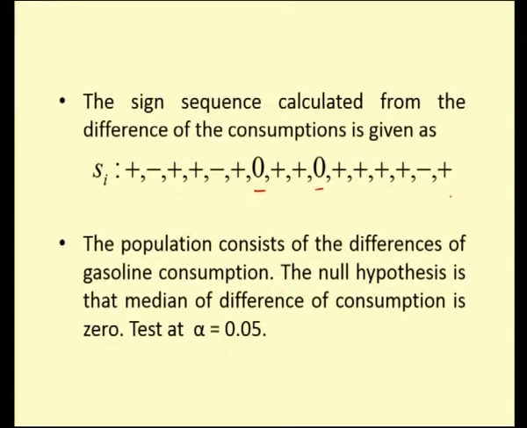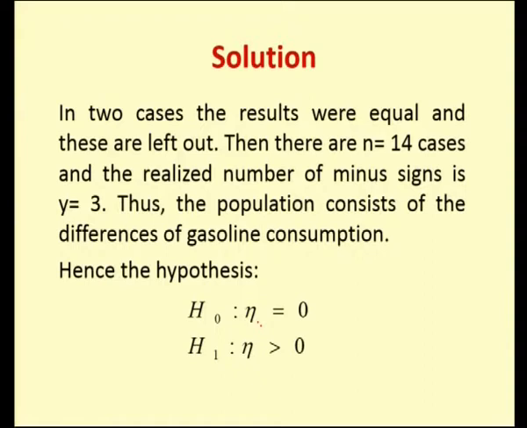The null hypothesis is that the median of the difference of the consumption is 0. So here you want to test H naught such that eta is equal to 0 against not equal to 0 or greater than 0 or less than 0, whatever is your alternative, you have to test at 5% level. So here coming to the solution, in 2 cases the results were equal. So here totally 16 observations are there. I have shown that 2 observations are equal to 0, so your size reduces to 14, and the realized number of minus sign